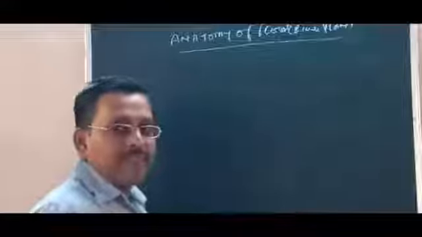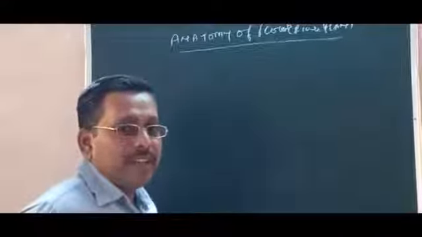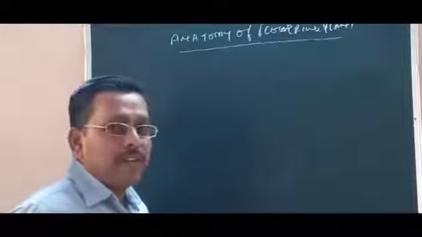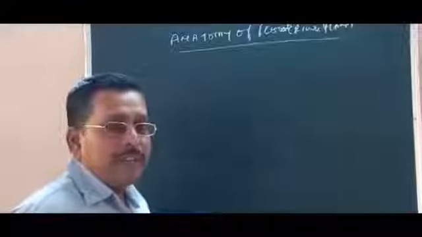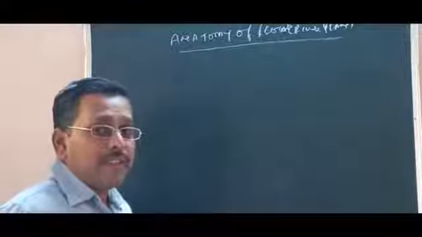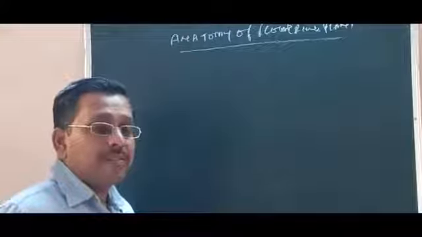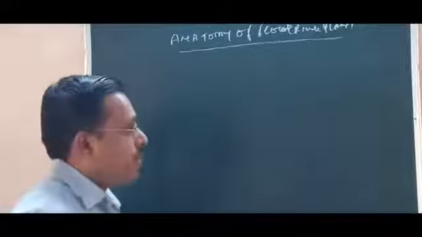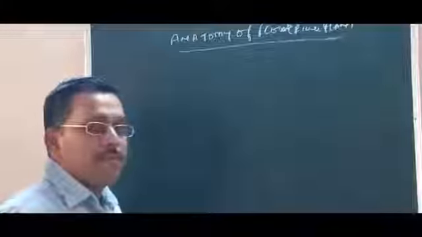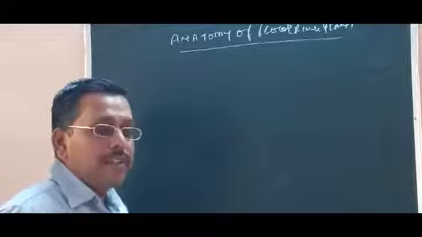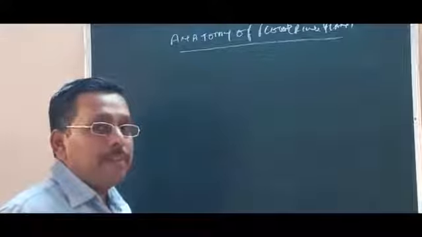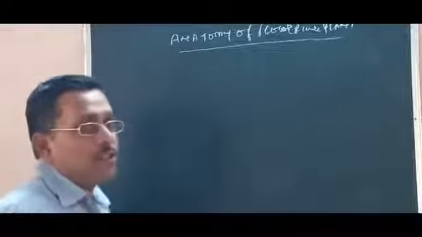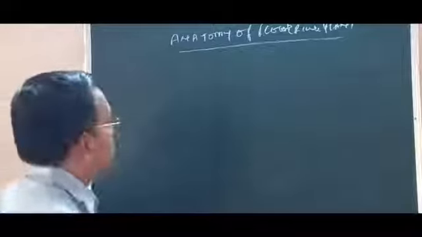Good morning, students. Today in this class we will discuss the second part of the topic, anatomy of flowering plants. In the previous section we discussed the various tissues, the meristematic tissue. I discussed various aspects of meristematic tissue and the different types of simple permanent tissue in the plant. Now another topic starts, which is called complex permanent tissue.